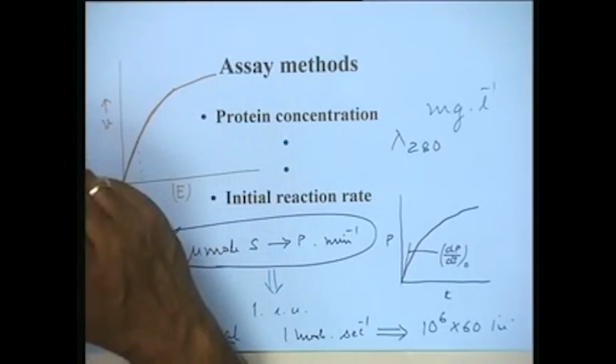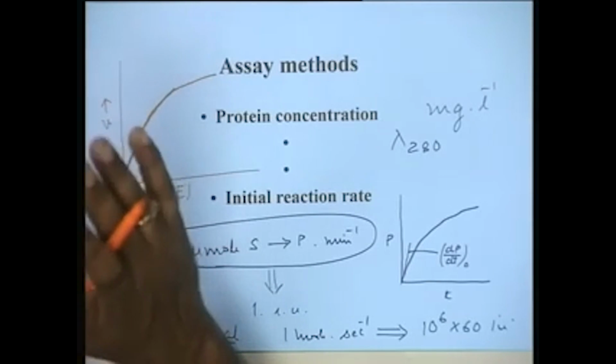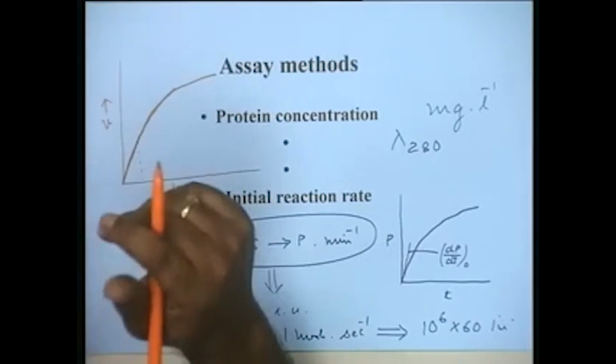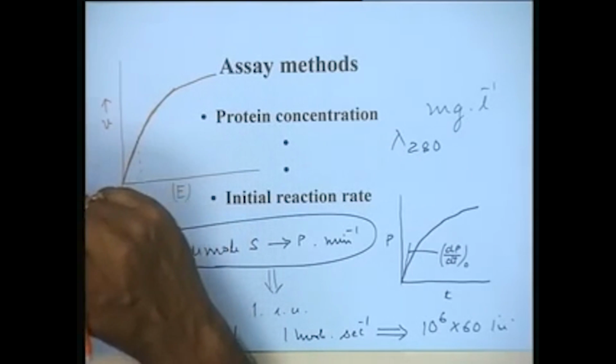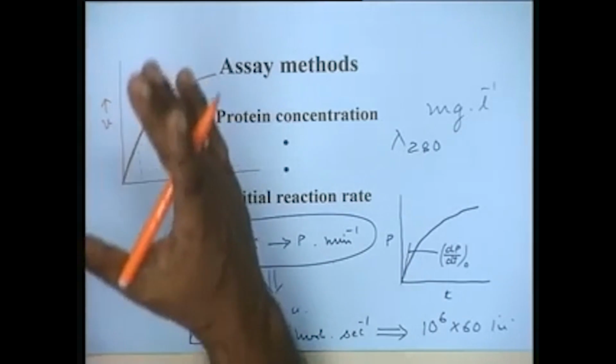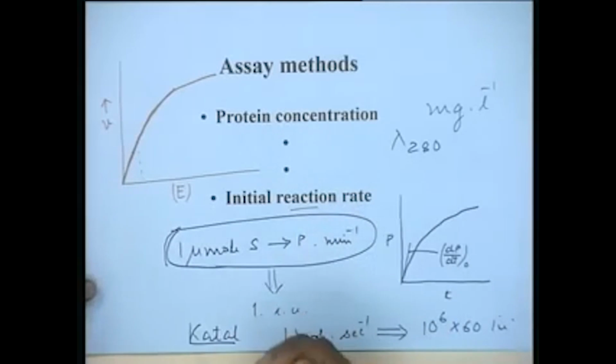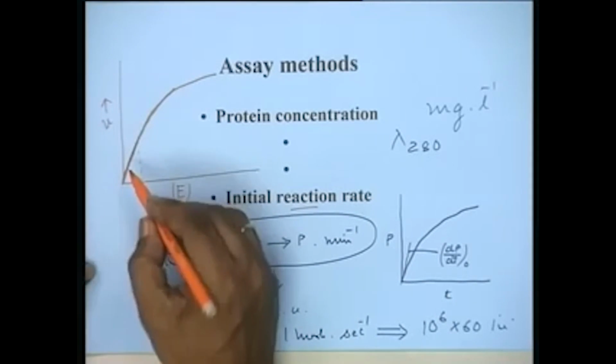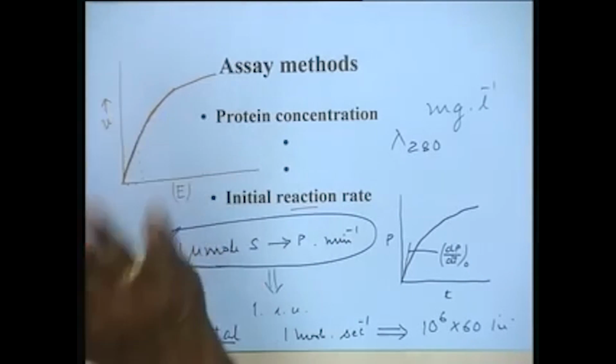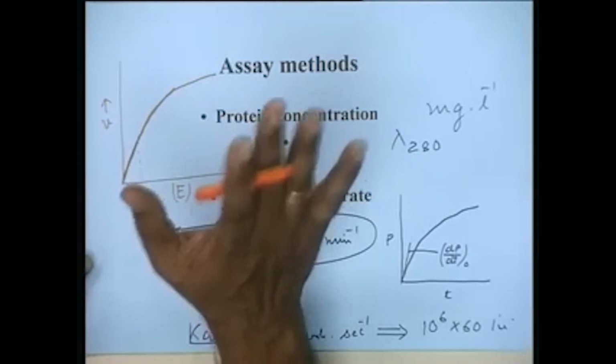So, essentially we must ensure that we are measuring in the linear range, that means at low enzyme concentration. The best way to ensure this is that instead of taking one sample, we take at least 2 or 3 dilutions of the same sample, let us say 2-fold, 4-fold or 6-fold, known dilutions, and the final reaction rate obtained must be proportional to the dilution. Unless you get 2 different samples in the same linear range, you cannot depend on the result,